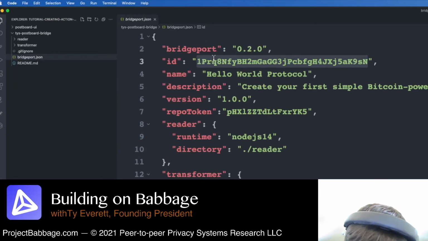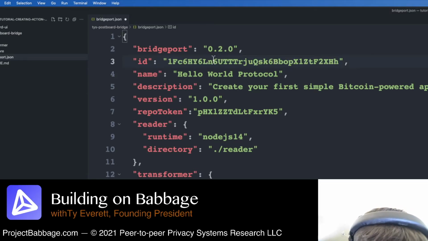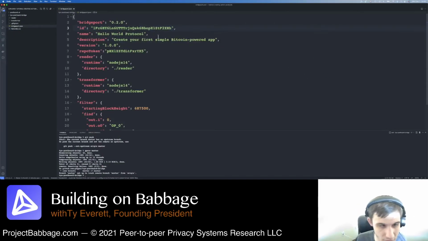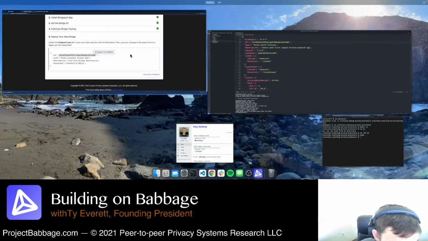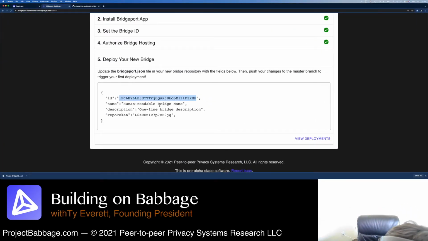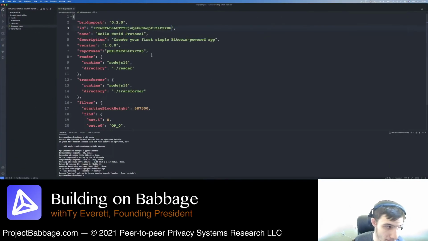No longer are we using the hello world bridge ID because this is our new bridge now, right? A name needs to be a human readable bridge name. The description needs to be a one-line description, and the repo token is important because that's what allows Bridgeport to know that that repo that you provided a link to is actually authorized. So we'll put the repo token,